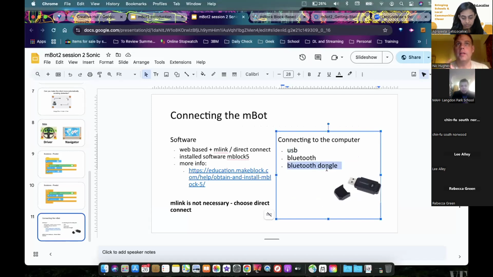I don't know whether you've got that or it's something you can request, because in my school we've got Chromebooks, and the Bluetooth does not work with the software on a Chromebook. It absolutely doesn't work. So you need to use this thing called a Bluetooth dongle. It sort of is, but it isn't. That sets up the serial connection in a slightly different way.